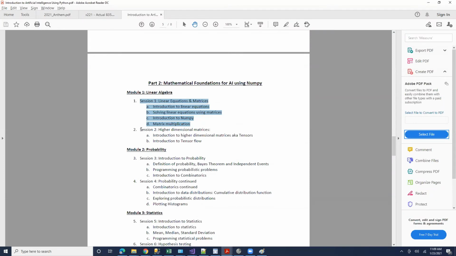Okay. How many of you know what a higher dimensional matrix is? 3D, 4D, 5D, like tensors and stuff. The most popular example of a higher dimensional matrix is like space-time, right?